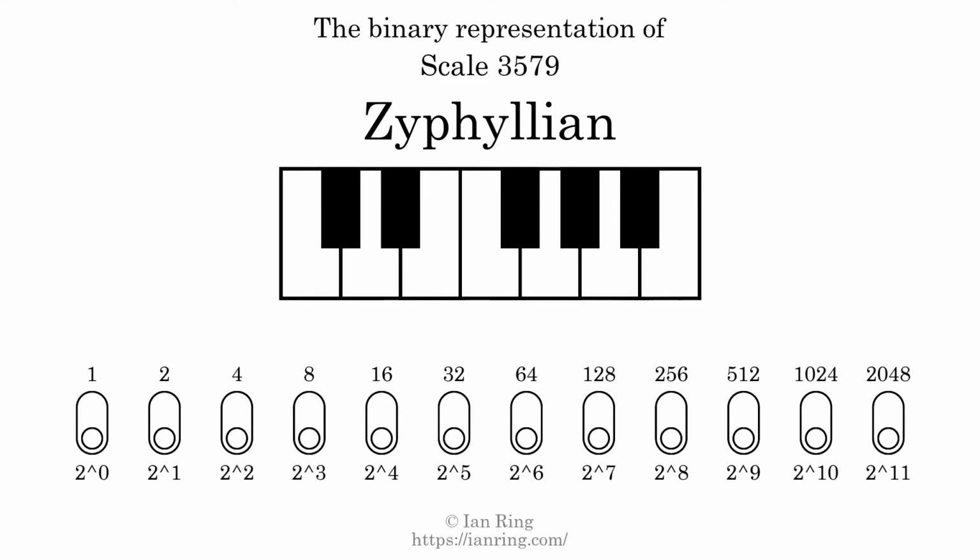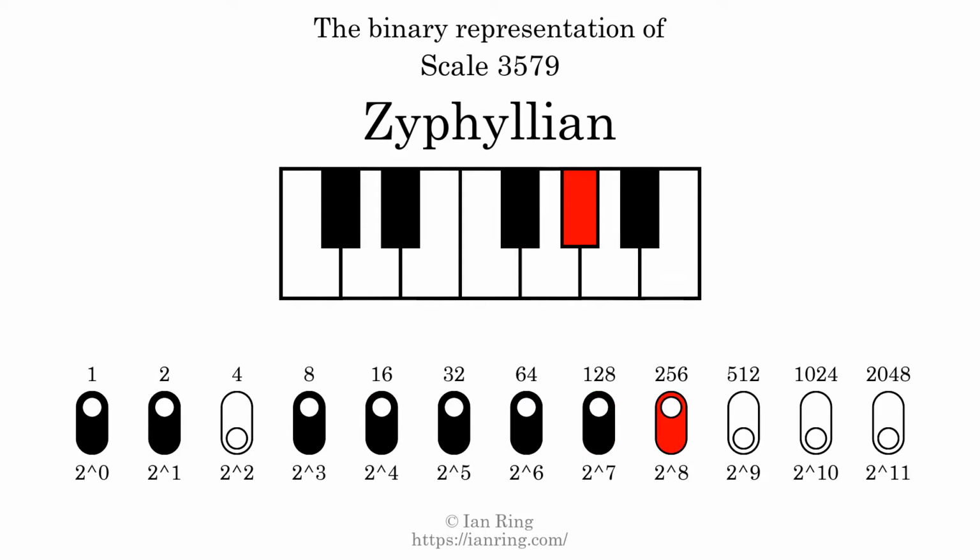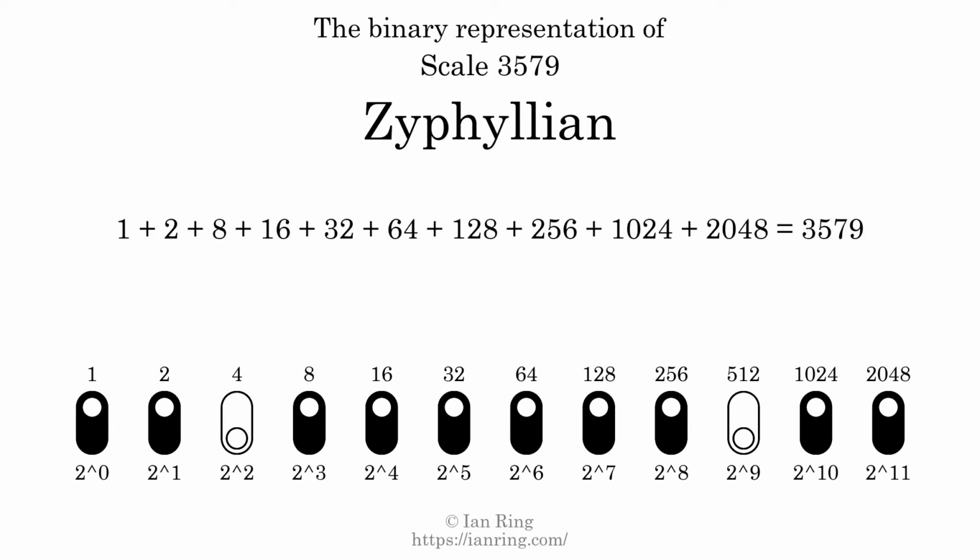The binary representation of this scale is determined by mapping tones of the scale to binary digits. Each binary digit represents a power of 2. To get the scale number, we add the powers of 2 together. The powers of 2 that are present in the scale, all added together, equals 3579. That is why the scale number, in decimal, is